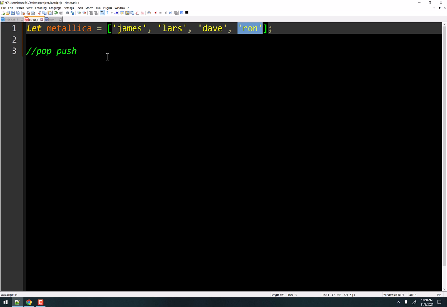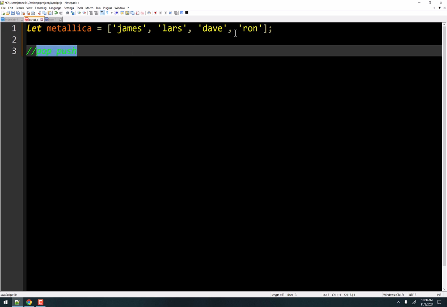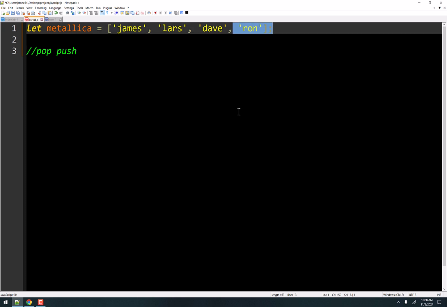So let's use the push and the pop to add or remove members of the band, right? So it's simple and straightforward, not very complicated at all. If we push, we're pushing something onto the array. So that adds something to the array. If we pop, it removes something from the array. Okay, so right now we're going to remove Ron and add Cliff. Cliff Burton was the guy who replaced him. And it's easy with pop and push for this particular scenario because all pop and push do is they mess with the last record. That's all they do. Push adds one to the end, pop removes one from the end. That's it. All right, so let's just go with that.